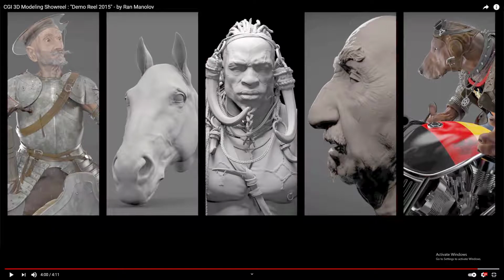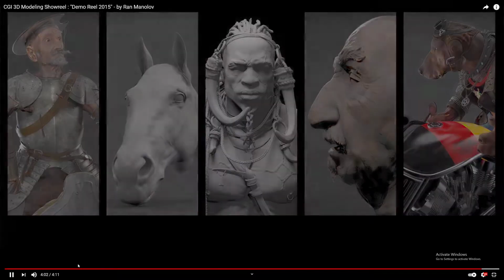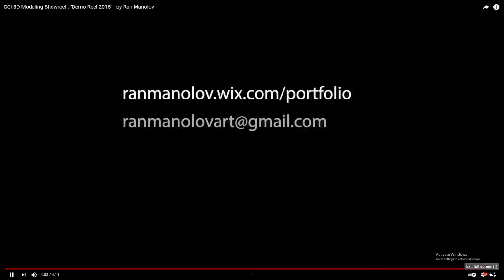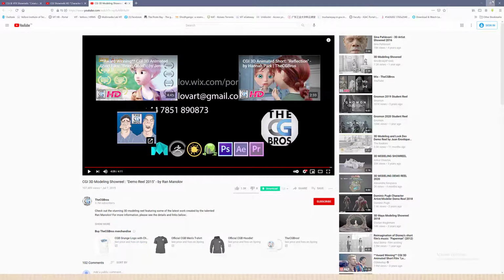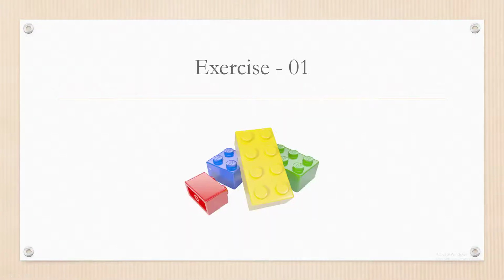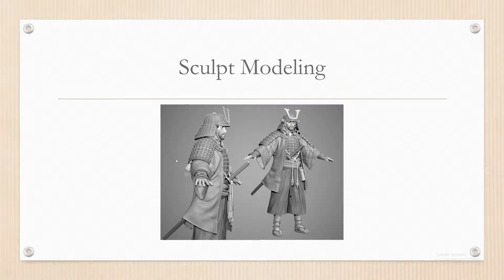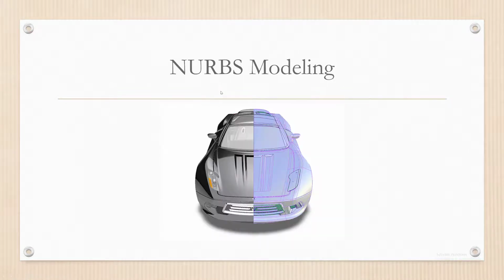So, as a modeler, you mainly work on these kind of grayscale tones. If you're a texturing artist, you mostly work on colors. So, modelers and animators never see colors. Okay, it's a very sad story, but still, we are the creators. So this is about the various kinds of show reels. So hope you people have got an idea of the various types of